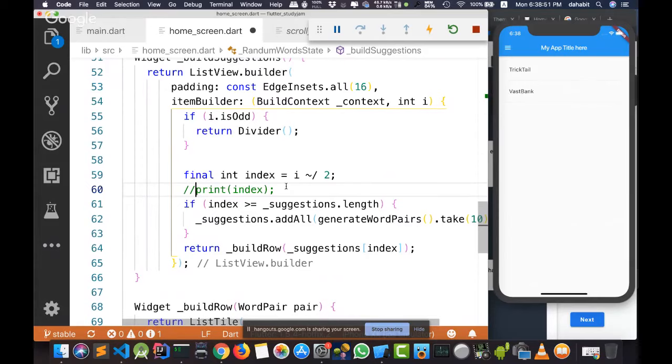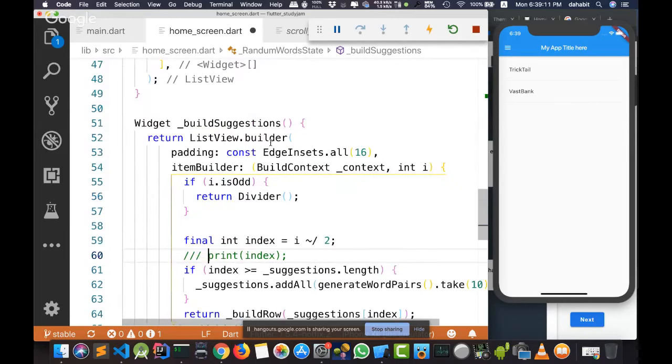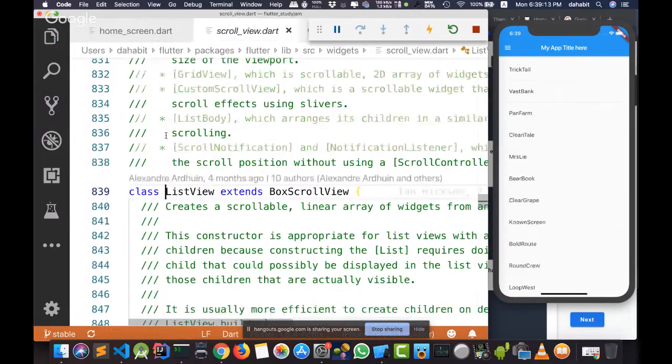By default, if you need to add a comment for your application and want the debugger or the IDE to understand it, or the auto-generate documentation tool, Flutter uses 3 forward slashes to write comments. For example, if I go to list view, I'll find Flutter uses these 3.